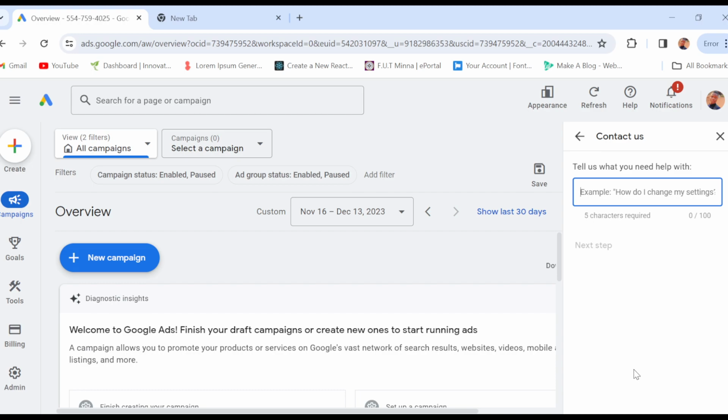Once you click on contact us, a box will be displayed. Type out your question here. And once you type out your question, the next step option will be made available. Click on it and then you'll be redirected on what to do. So this is how you can